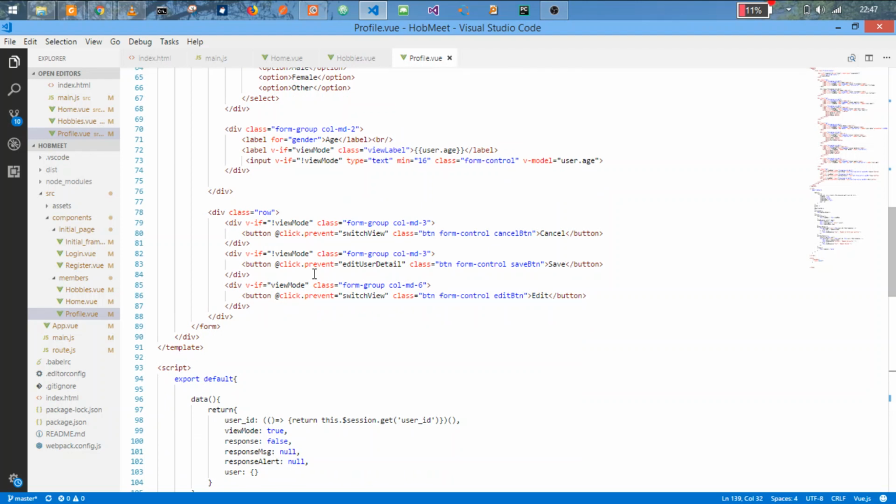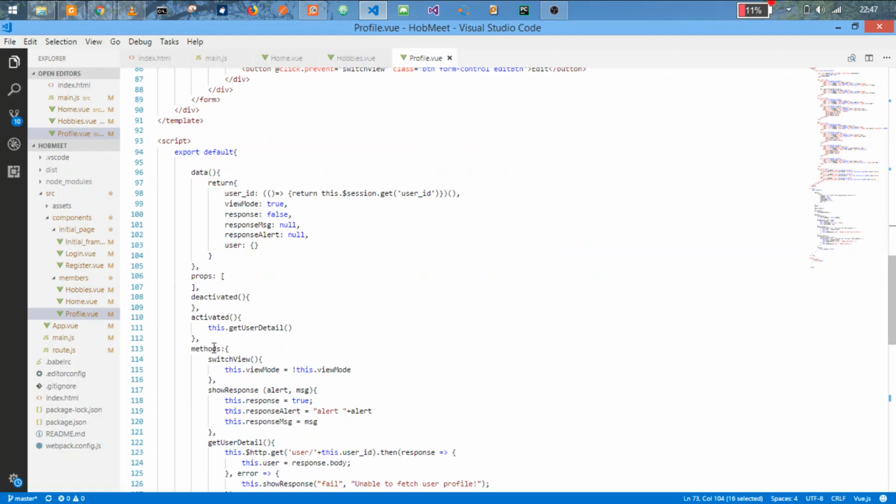That's basically all. As for my inputs, I already bound them. If you see here, I already bound them to user.age. So immediately I change any of that, it's updating all my user data. In my user here, I didn't put it because it's an update, so I can actually add anything up here. I'm just adding